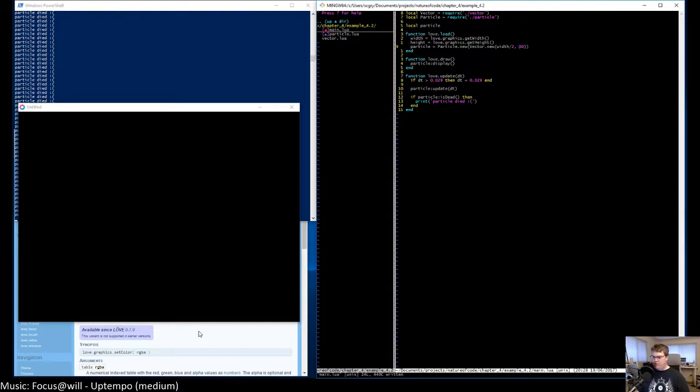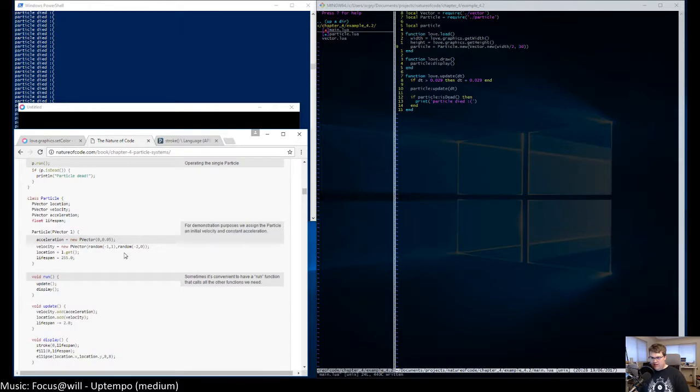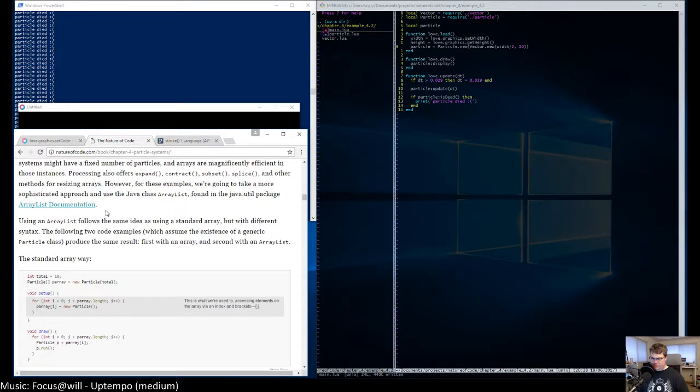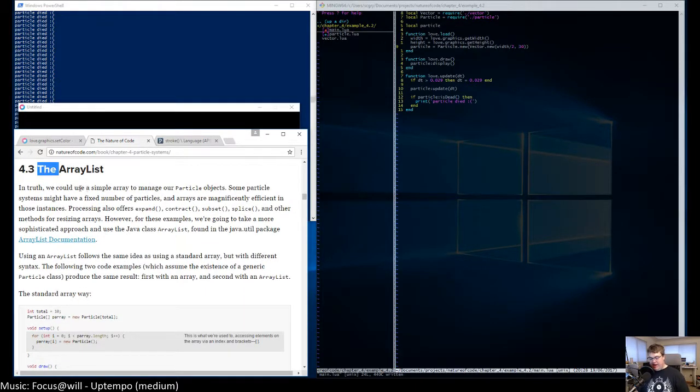But that's not all we really want to do, because a single particle is not really worth much at all. We probably want to have an array. Now, here's where it gets a little bit easier to deal with in Lua and Love2D than it does in Processing, which is a Java language.